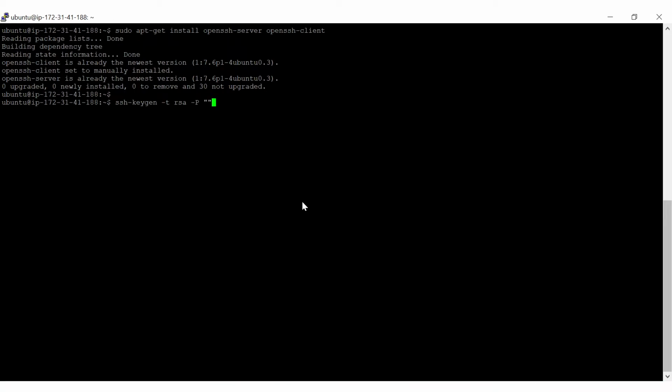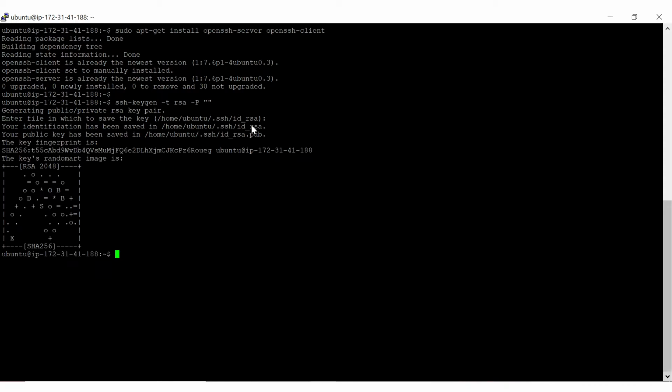So for that, what you need to do is, you have to generate a private key first. For that, you can use a utility called ssh-keygen -t rsa -P, and you just say double quote and double quote, so that no password is set. Once you enter this, it will ask for the file name. If you don't provide the file name, it will be id_rsa. So I'll just leave it, just press enter, don't give any name. So the fingerprint is created, which means the private key is generated.